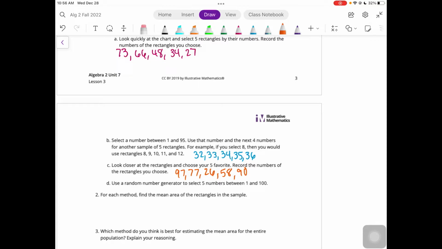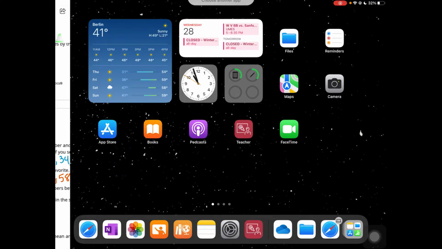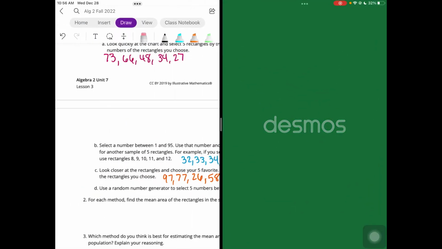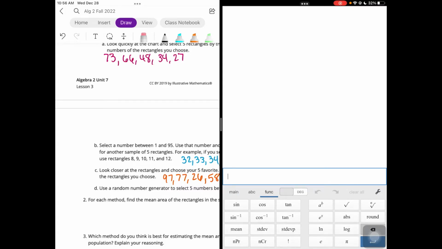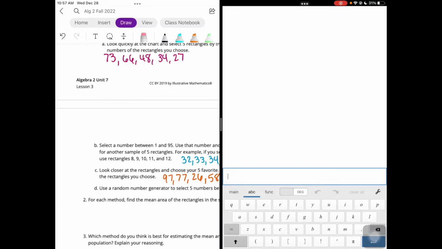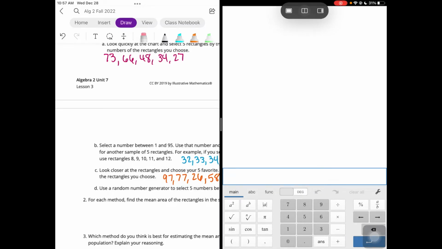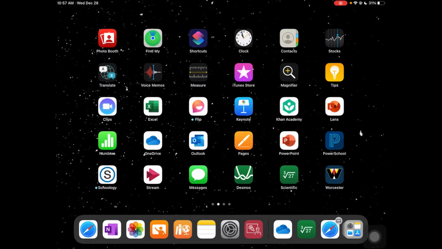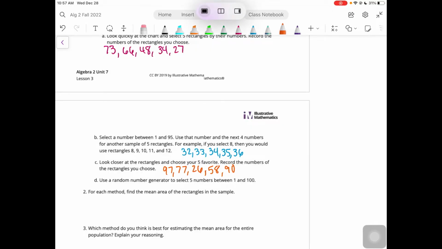All right, and then use a random number generator to select 5 numbers between 1 and 100. All right, so a random number generator. Let's see if we've got one in our Desmos calculator. I don't remember if we do. We'll find out. Let's see. I don't think that we do. Actually, you know what? We will try. Oh, that's the wrong thing. That's not what I wanted to do. We're doing that. All right. I'm going to try just